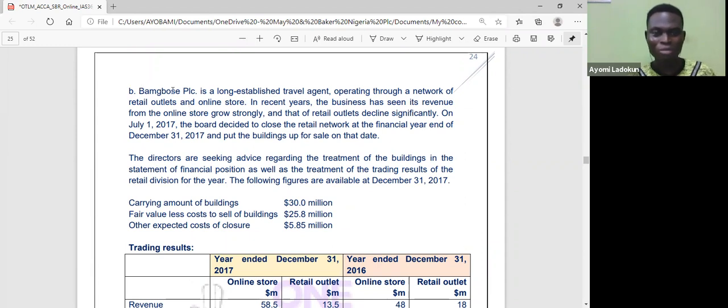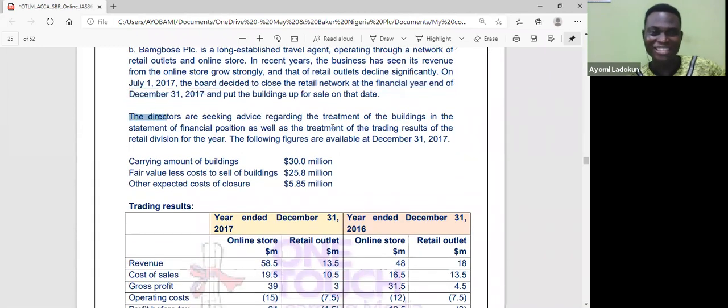Okay. Now, Bangoshe PLC is a long-established travel agent operating throughout a network of retail outlets and online stores. In recent years, the business has seen its revenue from the online store grow strongly and that of the retail outlet decline significantly. On 1st July 2017, the board decided to close the retail network at the financial year end as at December. Now, the directors are seeking advice regarding the treatment of the